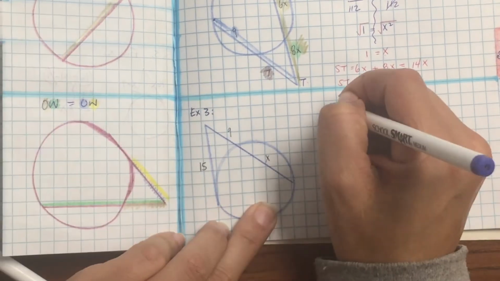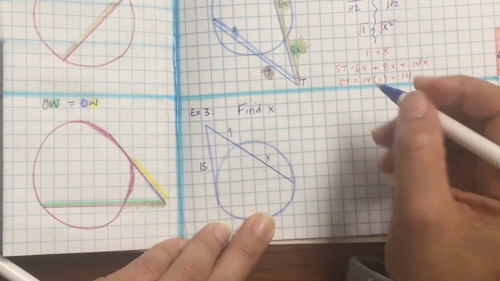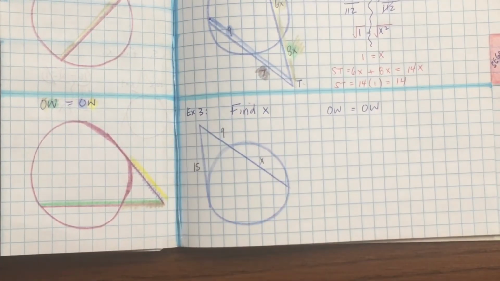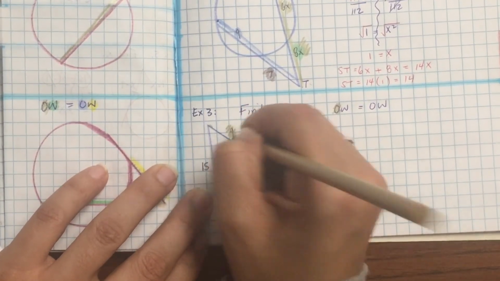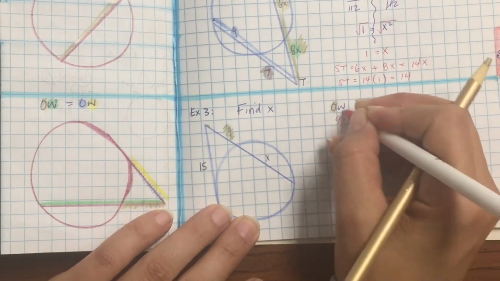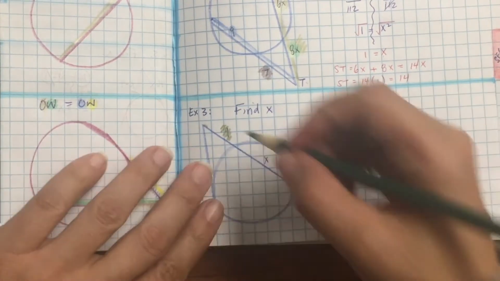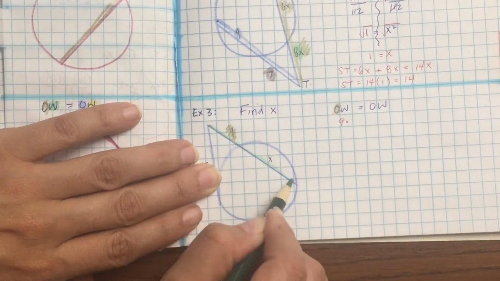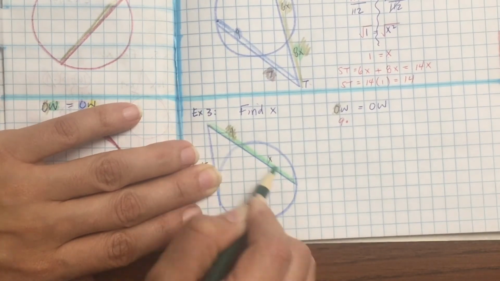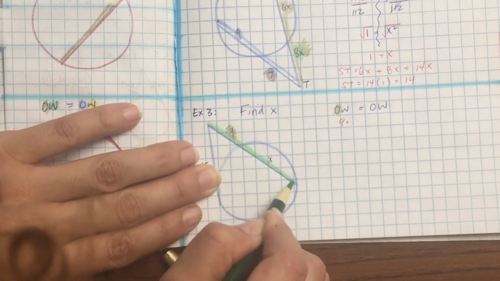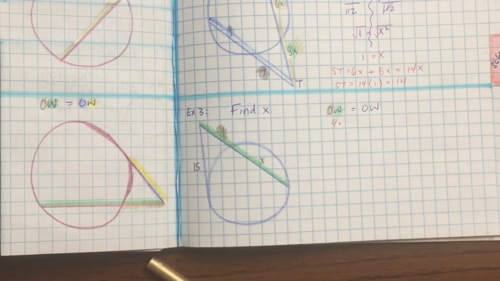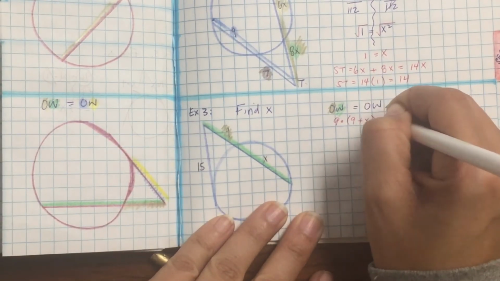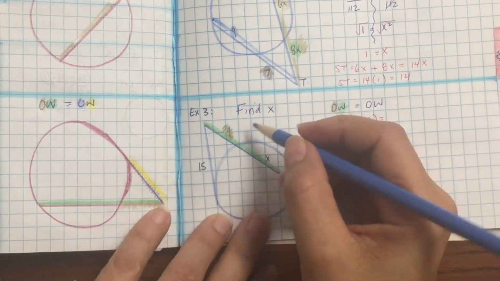And so let's take a look at an example of what that looks like. Listening check, color in example 3. So the question is find x. Alright, so ow equals ow. So the outside of 1, which is one of them is 9, times, parentheses, the whole thing, so 9 plus the x, so the outside plus the inside is the whole thing, so 9 plus x, equals the outside of the second one,